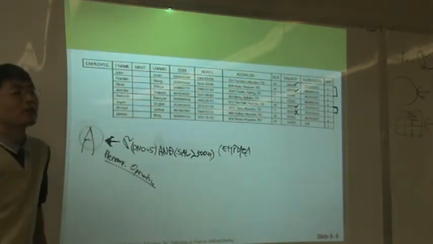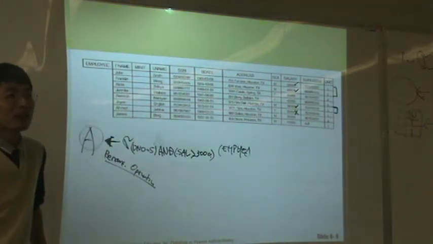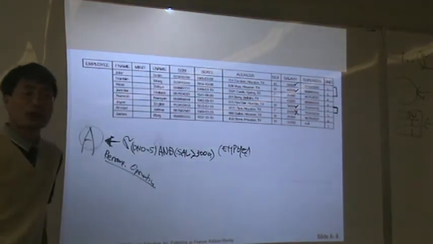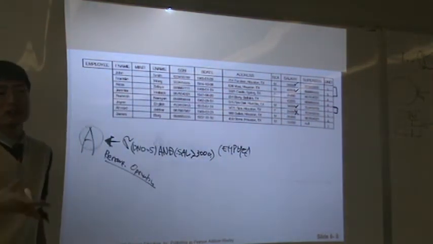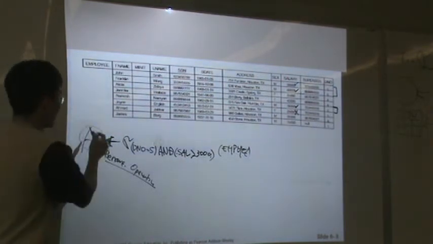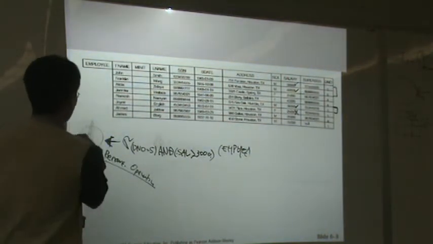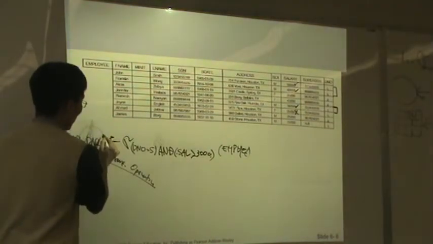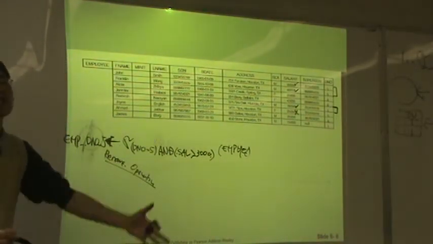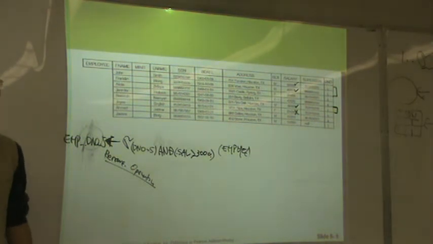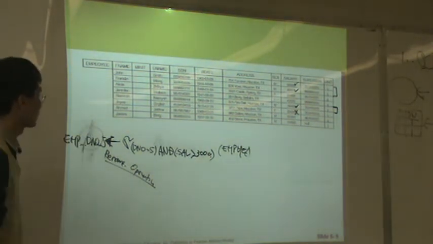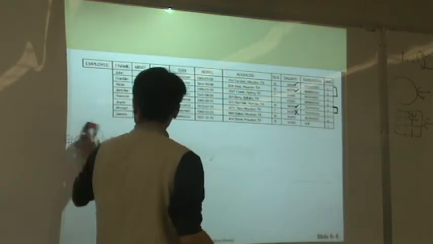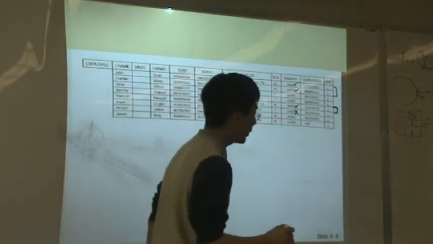Rename of relation. I'd like to name the output of an operation, then we can easily use it later. So we can say this is the EMP DNO file, something like that. It doesn't matter, it's totally up to you how you name it. Okay, so this is the select operation. Good. The next one is